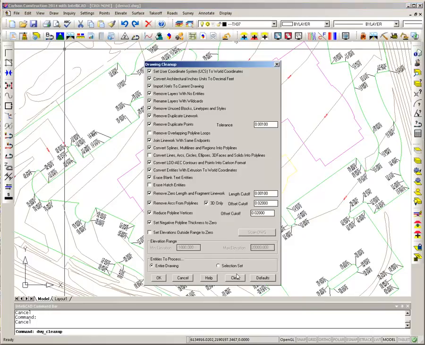And there's a lot of commands I could run. I'm just going to run a couple of them. I'm going to do converting all these other types of AutoCAD entities into polylines. I'm going to say join line work with same endpoints. And to fix those bad elevations we saw in our design model, I'm going to say set elevations outside range